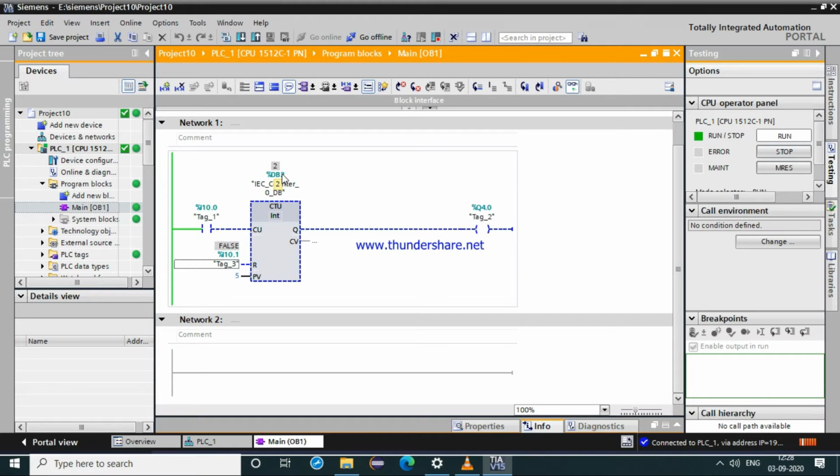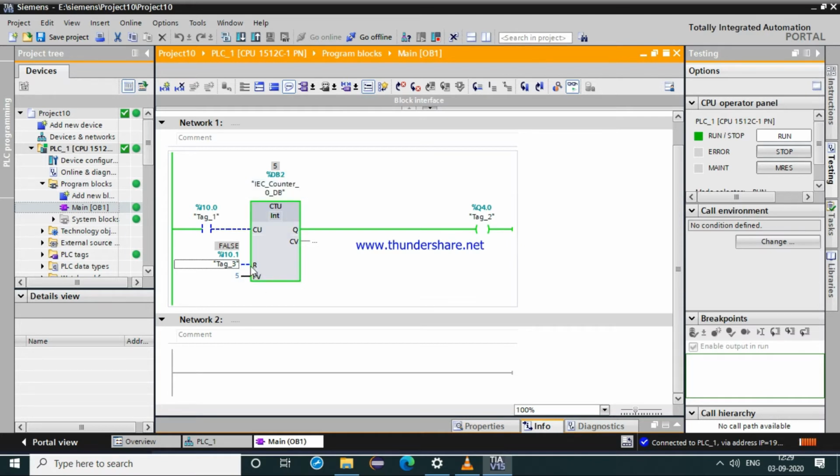When I press it for the third time, it will count 3. Fourth time 4, fifth time it will give an output, that is our preset value and the counter value match. So when the preset value and the counter value match, we will get the desired output, and this will stay in this position, that is we will get a continuous output as these two values match.